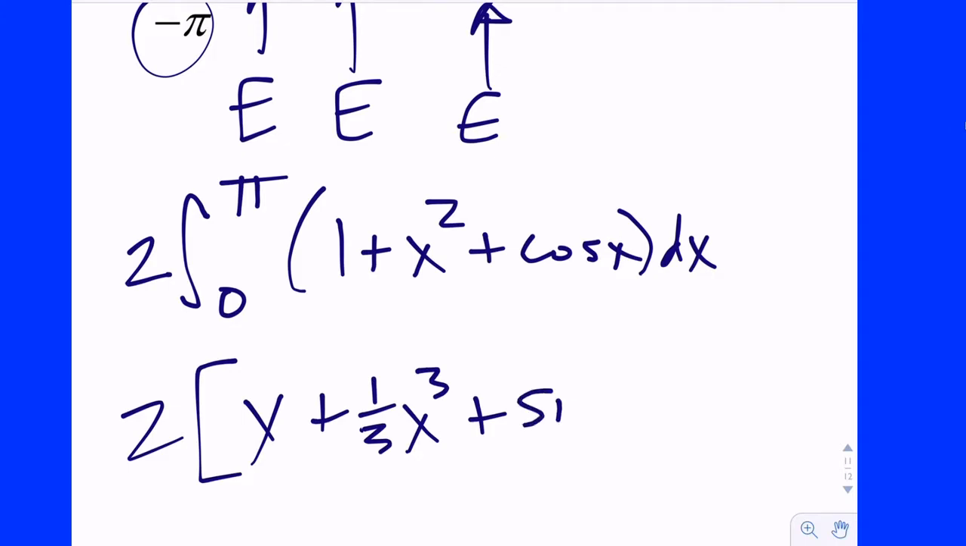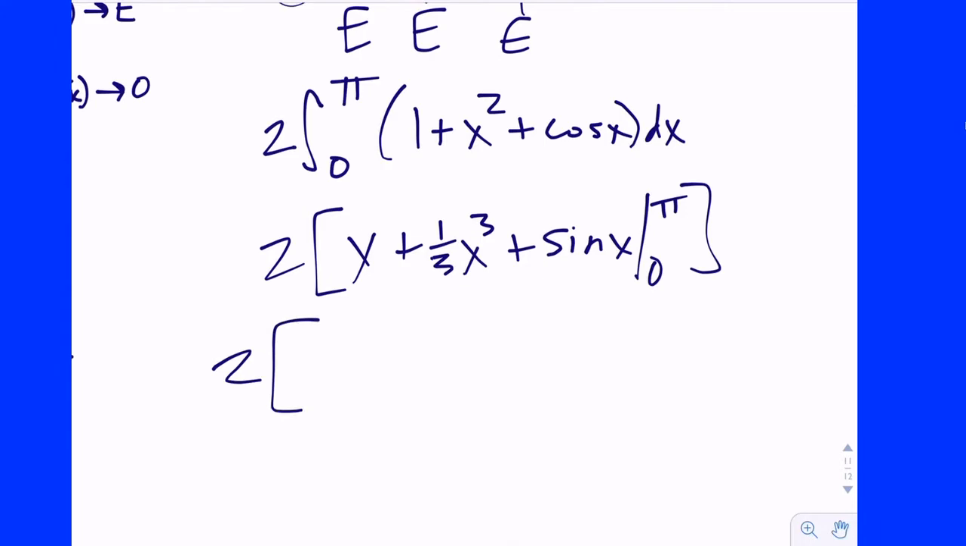Negative sign or positive sign? Positive sign, let me check. Got it. Okay, good. From 0 to pi. All right, 2 goes along for the ride. Now I got to plug in the top. I get pi plus pi cubed thirds plus sine of pi. Sine of pi, sine of pi. That is